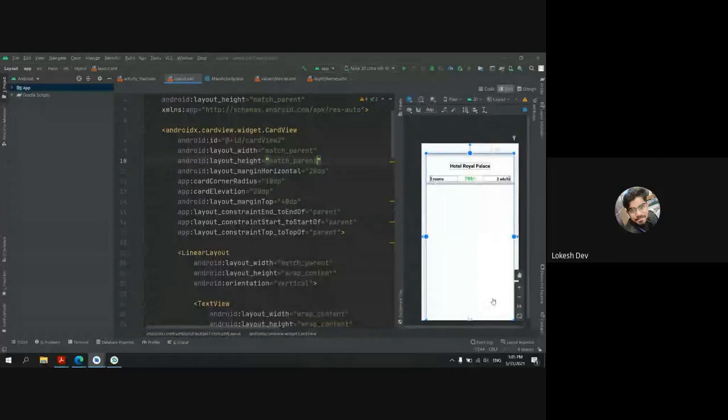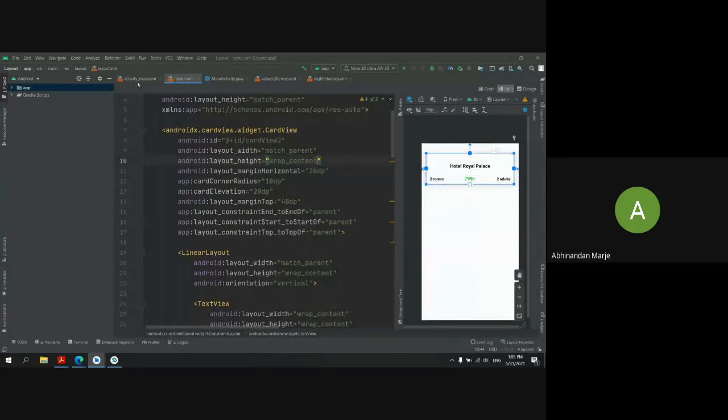But I don't want that. I want it to take only this much size. So I can make it wrap content, so it will only take the height of the content inside it. If I have only one text view, it will take only that much space. I don't want it to take the whole screen.